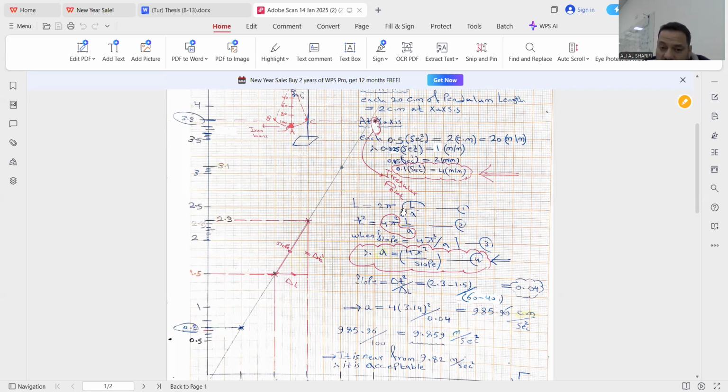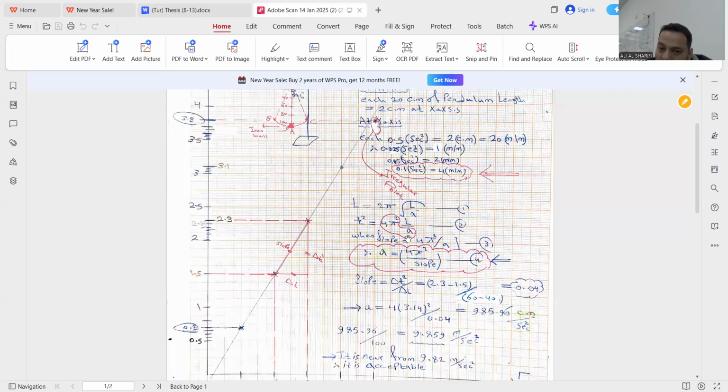To remove this root, we square both sides of the equation, so the time period squared equals 4π² multiplied by the length of the pendulum, divided by the acceleration. Here it's important: the term 4π² divided by the acceleration is equal to the slope. The relation between the acceleration and the slope is important,